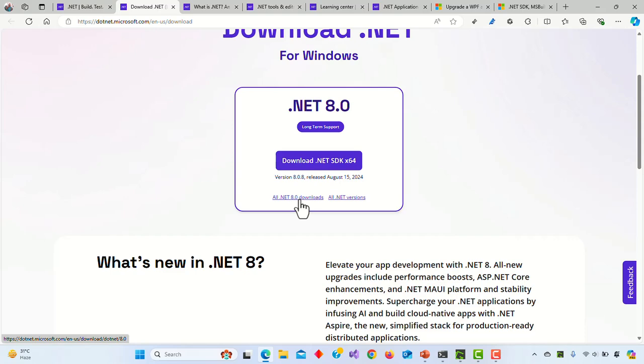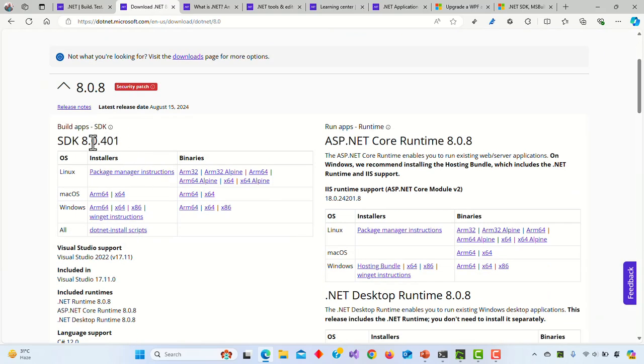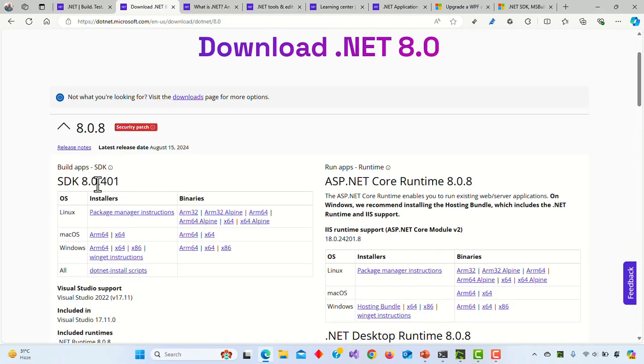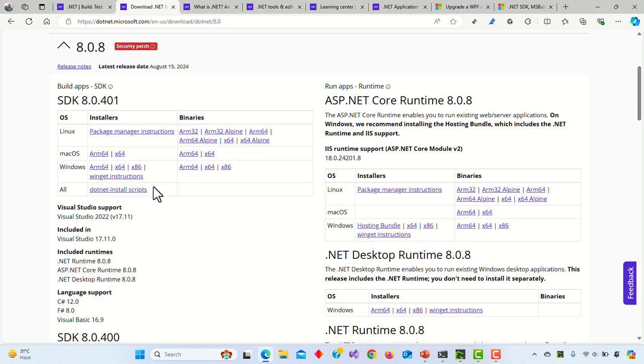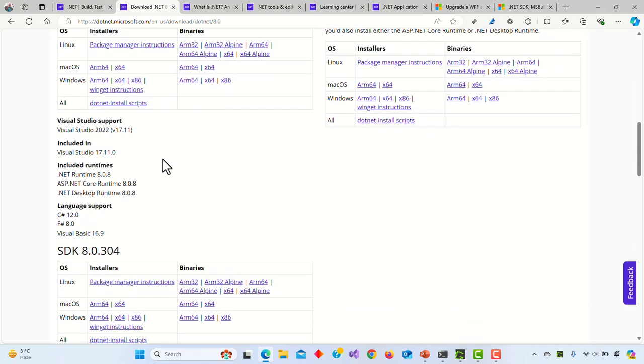Let's look for the .NET 8.0 download. You'll see that this SDK version is linked with the runtime. So if you have 8.0.401, that means you are using .NET runtime 8.0.8. And actually, there is no